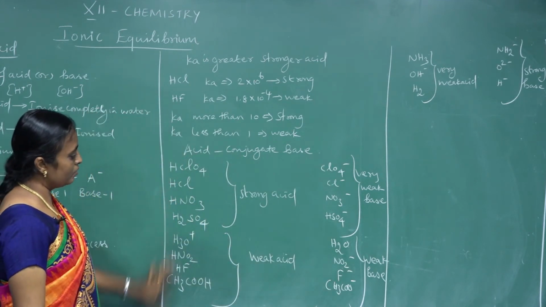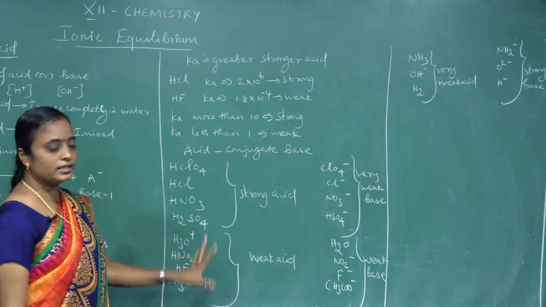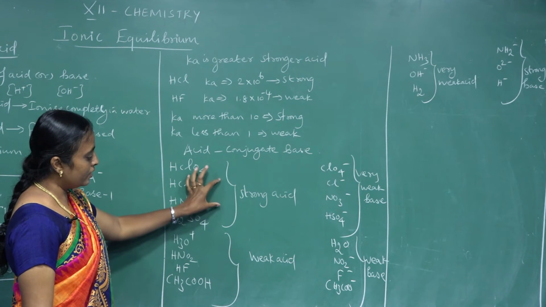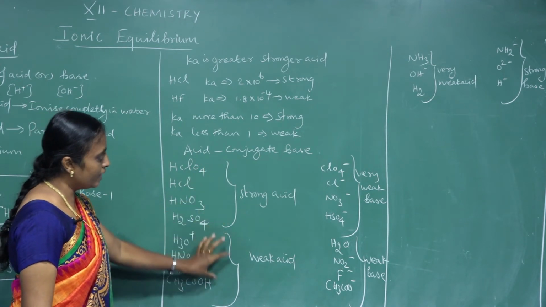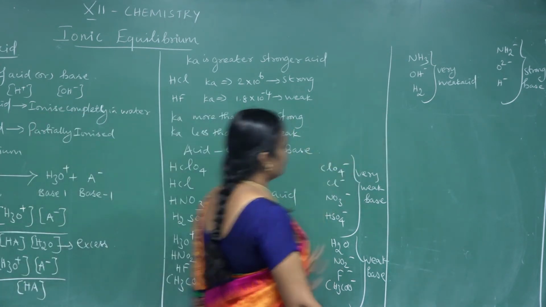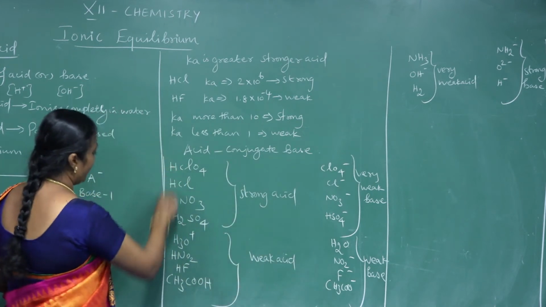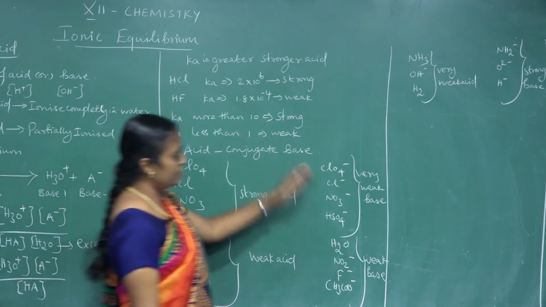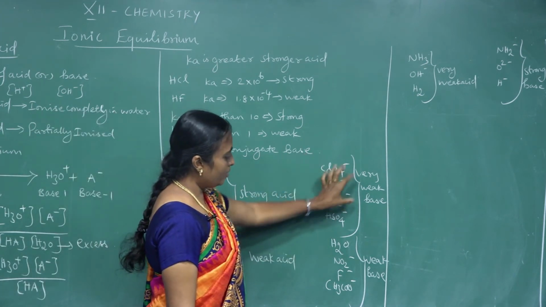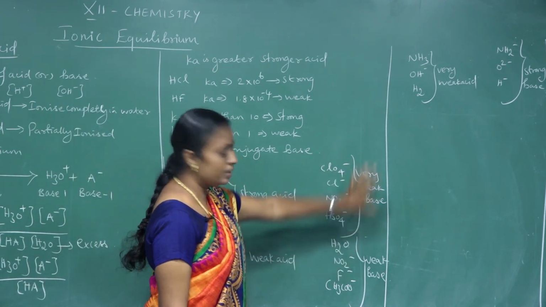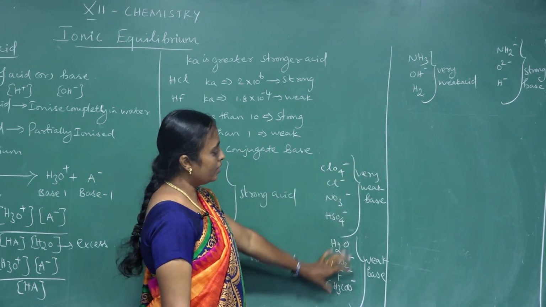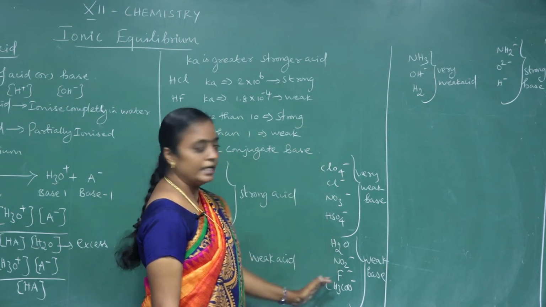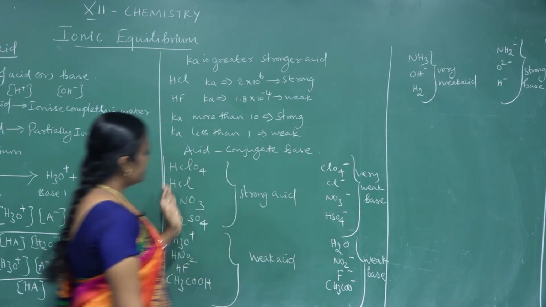So we are taking an acid and conjugate base system. I have listed which is a strong acid, which is a weak acid, like that. Here the acid strength goes from strong acid to weak acid to very weak acid, so generally the strength of the acid keeps decreasing. On this side, from very weak base to strong base, the strength is increasing. So this is vice versa.